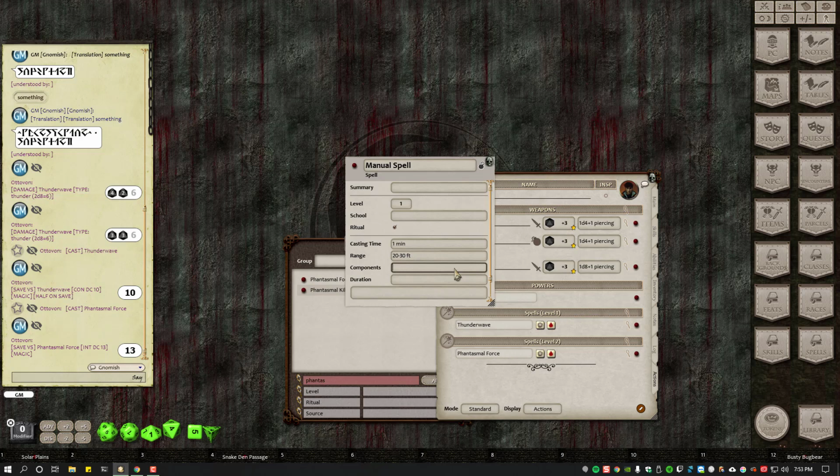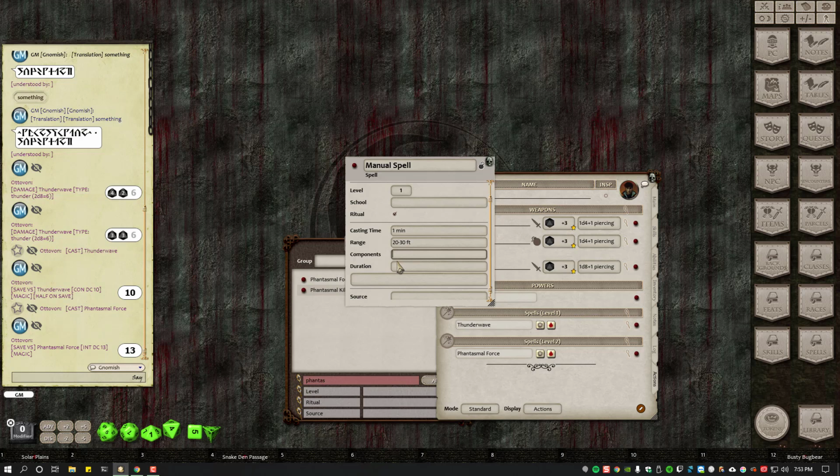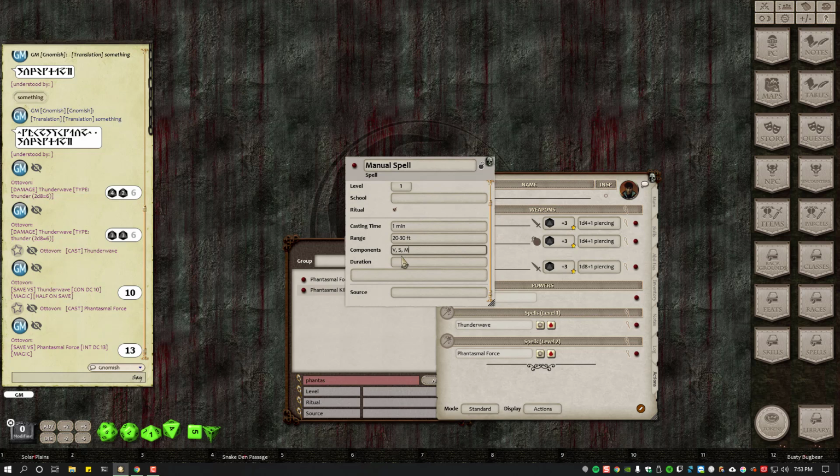Sometimes the syntax in here is picky. I'm not sure if I'm supposed to include the feet or not. Components, verbal, somatic, material, duration. I don't know, 10 minutes. And then I think you can put a description there. I'm not sure. And then, anyway,